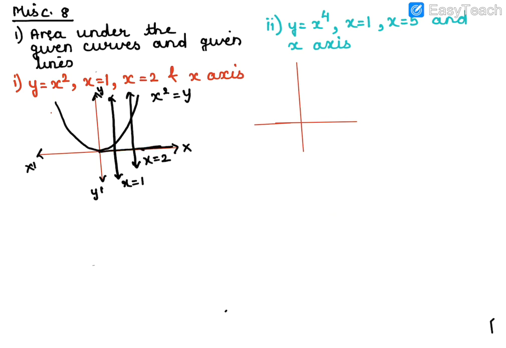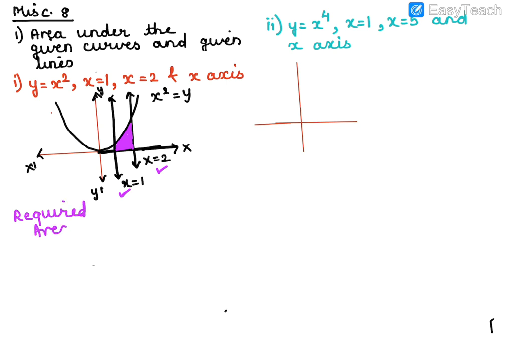So I have to find out the area between the curve and the two lines and x-axis. So this is the required area. This is the curve. These are two lines, and this is the x-axis. So you can see here the limits are from x is equal to 1 to x is equal to 2. So required area,